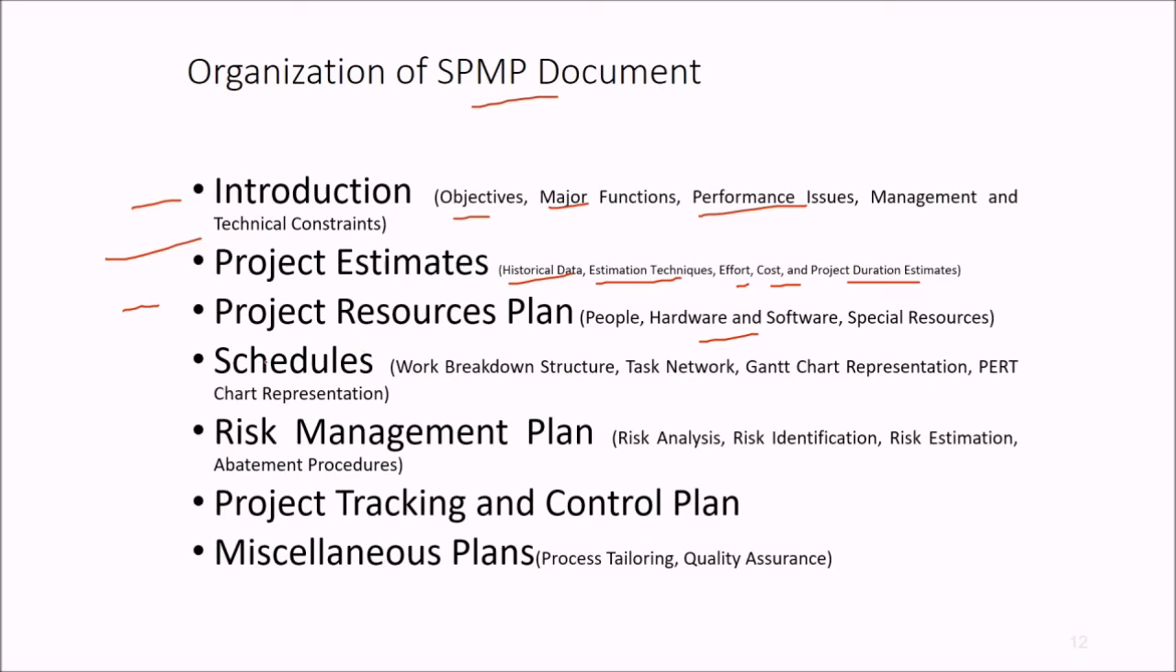Then of course the schedules. This involves the work breakdown into various structures. Then task network, Gantt chart representation, and PERT chart representation. Then the important part is the risk management plan, which will present the risk analysis, risk identification, risk estimation, and abatement procedure, how you are going to deal with it. Of course, the project planning and control plan, and finally the miscellaneous plan, which includes your process tailoring and quality